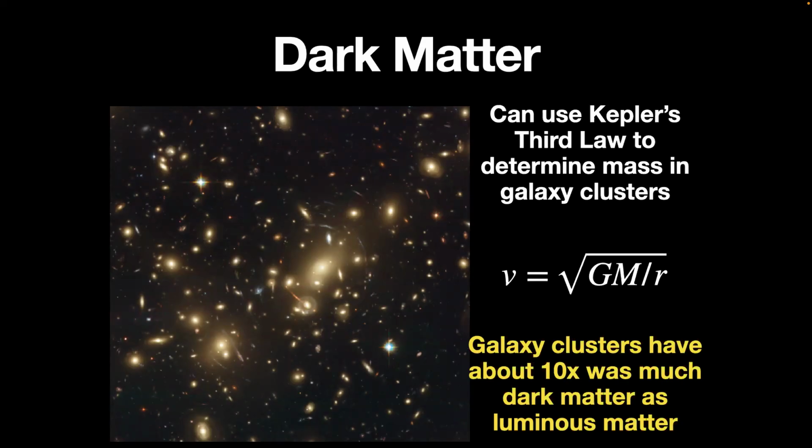Dark matter is also a really big deal in galaxy clusters. So how do we know? We still can't see dark matter. Well, we can measure the amount of dark matter in much the same way we did in the solar system, in the solar neighborhood, and in individual galaxies. We measure the velocity of galaxies orbiting the center of the cluster. You've got thousands of galaxies, and they're all whizzing around on an orbit that behaves according to Kepler's third law. What we find when we measure those orbits is that there is about 10 times as much dark matter as luminous matter in galaxy clusters.